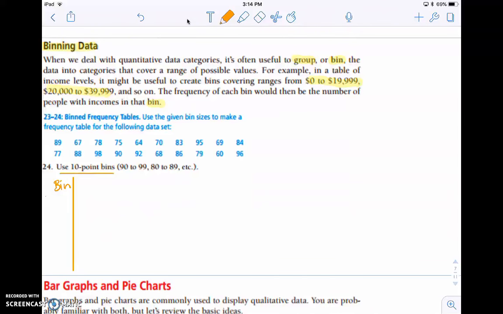The first one is 90 to 99, and then 80 to 89, 70 to 79, and then 60 to 69 would be the last one needed, because our lowest value in here is 60. Okay, so once we've got our bins or classes made up here,